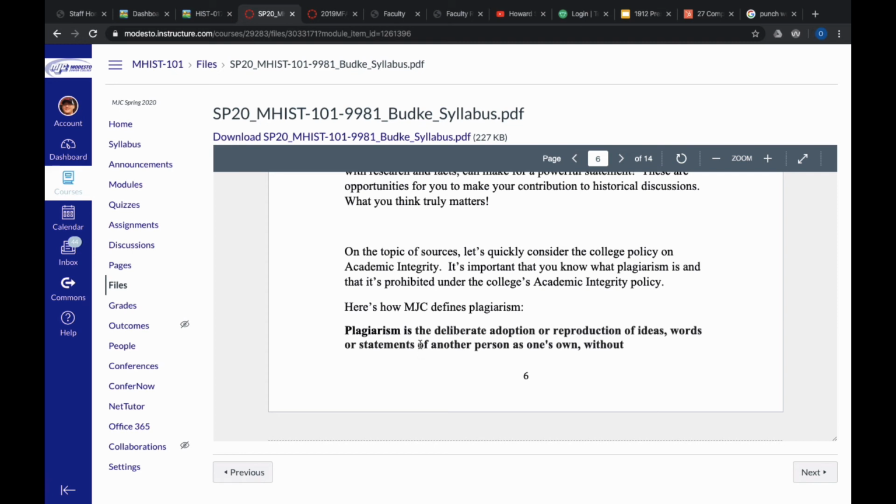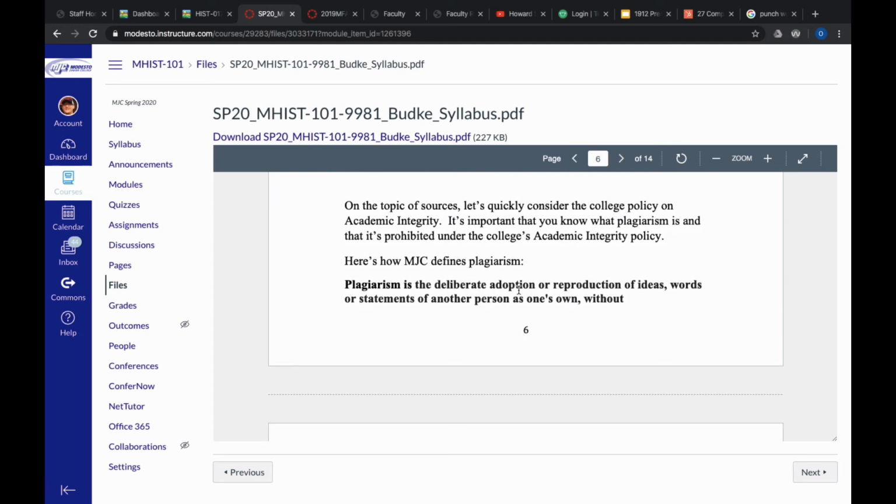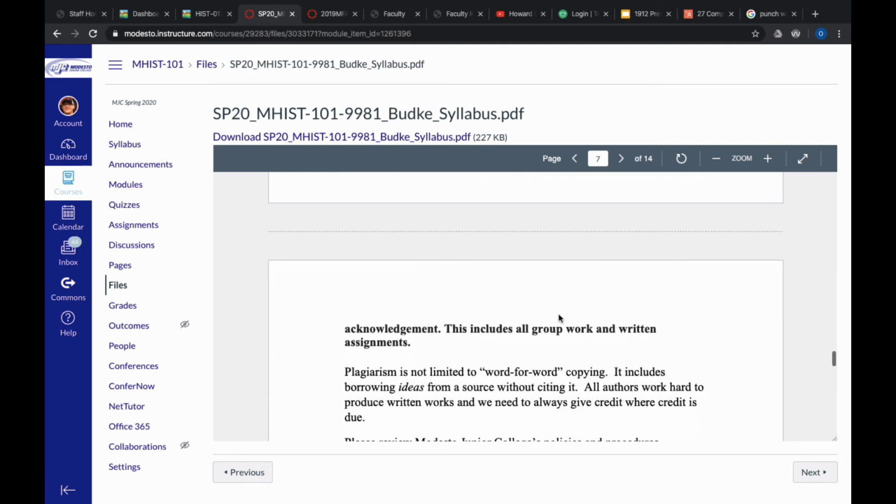Here's how MJC defines plagiarism. It's the deliberate adoption or reproduction of ideas, words, or statements of another person's as one's own without acknowledgement. This includes all group work and written assignments. Plagiarism is not limited to word-for-word copying. I find students often think if I just change this word or that word by using a thesaurus, all of a sudden now it's not plagiarism. That's not true. If you're borrowing ideas, even if you're changing the words around, but you're not giving proper acknowledgement,